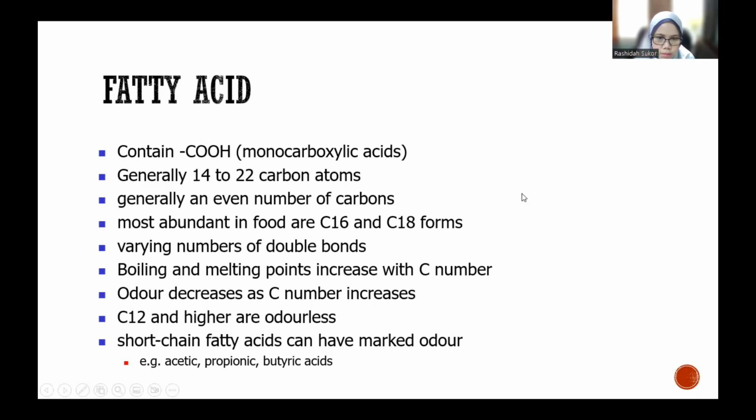Generally, the even number of carbons most abundant in food are C18 and C16. And then, of course, they have double bonds, because like we say, one is from the animal source, one is from the plant source. Because they are unsaturated fatty acids, normally they have double bonds. So unsaturated fatty acids will have double bonds. Because of the number of carbons and the number of double bonds, this will affect their boiling point and also